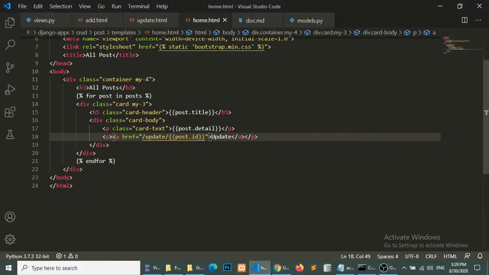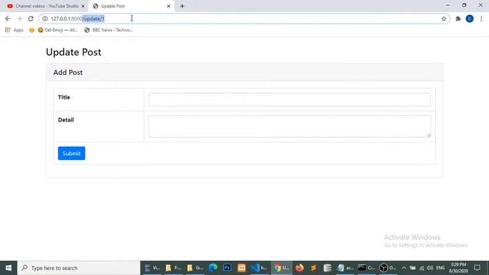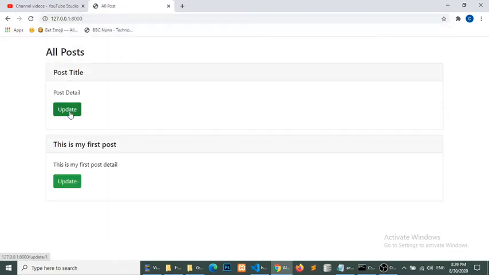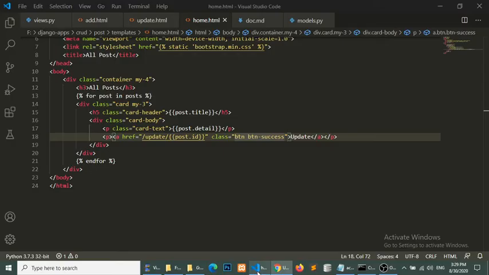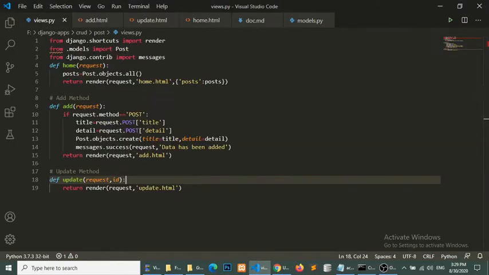So I will make this button class button success. So now when I click this, it will show our update template. In our update template, I will fetch the specific data.